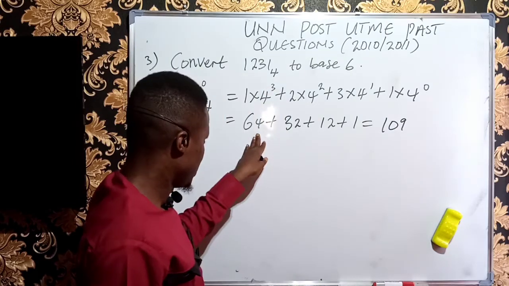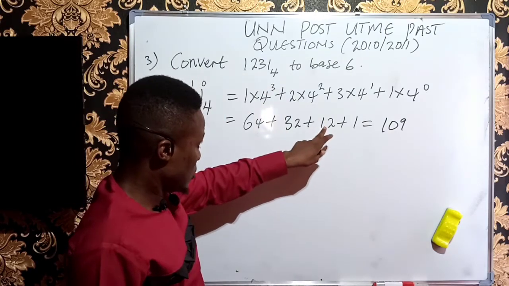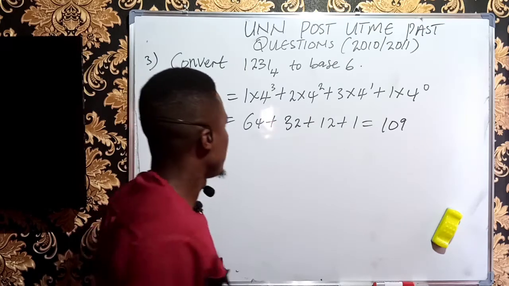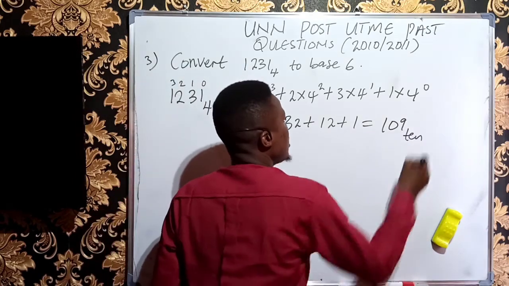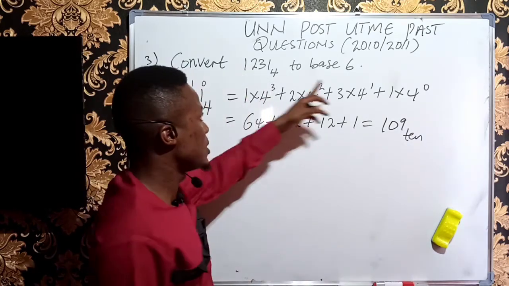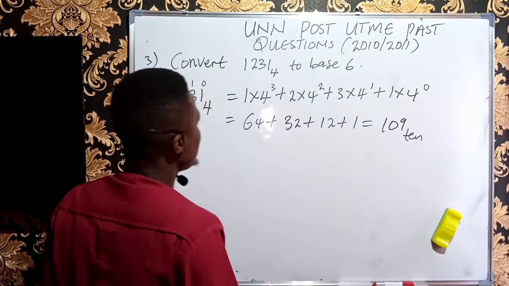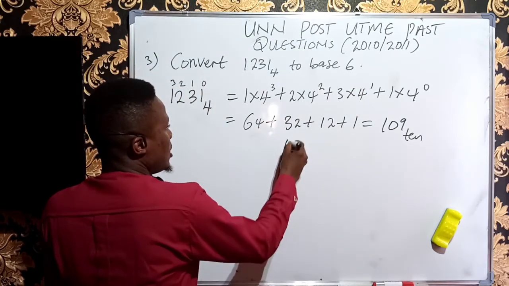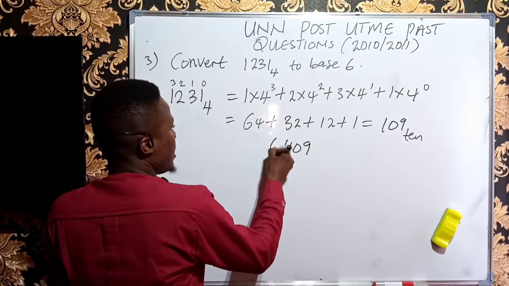A recap, this is 96, 108, 109, correct? But this is now in base 10. But the question requires us to keep it in base 6. So to keep it in base 6, just draw a straight line, then divide this 109 by 6 and take